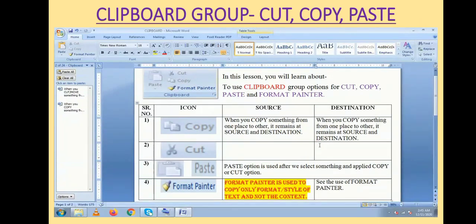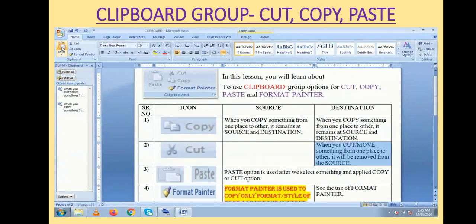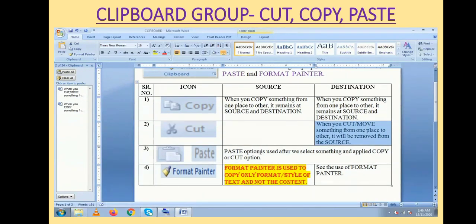Go to the destination and then click on paste. Your content will appear over there. So when you cut something, it will move from the source and goes to destination. Our last two actions of cut and copy appear on the clipboard pane.